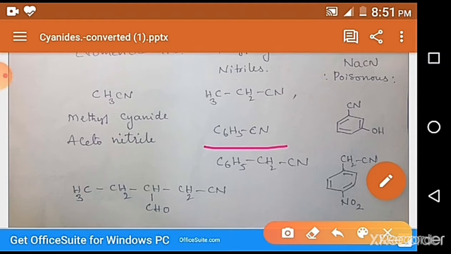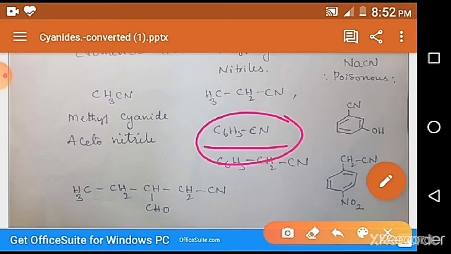C6H5CN: phenyl cyanide, cyanobenzene, or benzonitrile. Why? Because in hydrolysis, generally cyanides give carboxylic acids. So this phenyl cyanide on hydrolysis with water will give benzoic acid. That's why it is benzonitrile. Benzonitrile, phenyl cyanide,